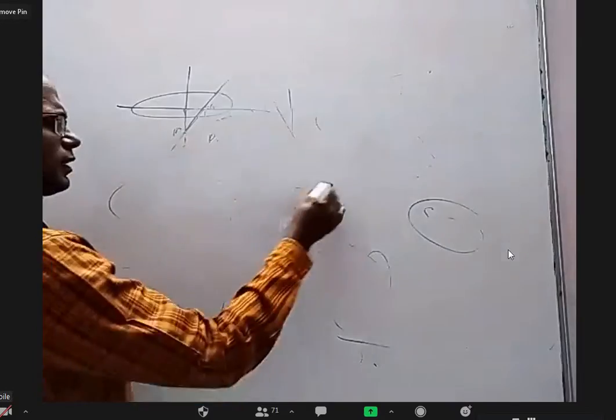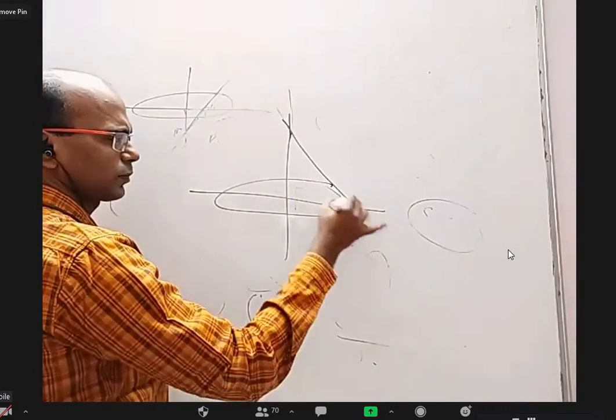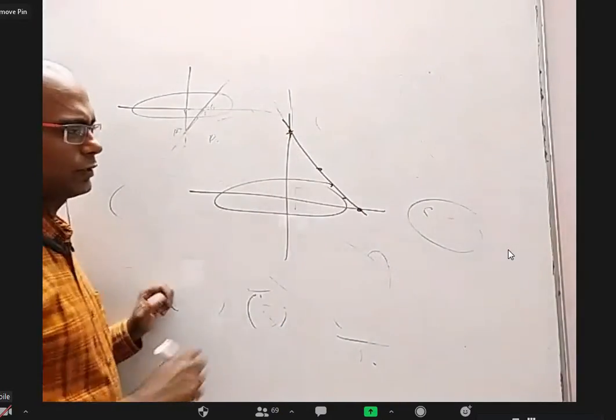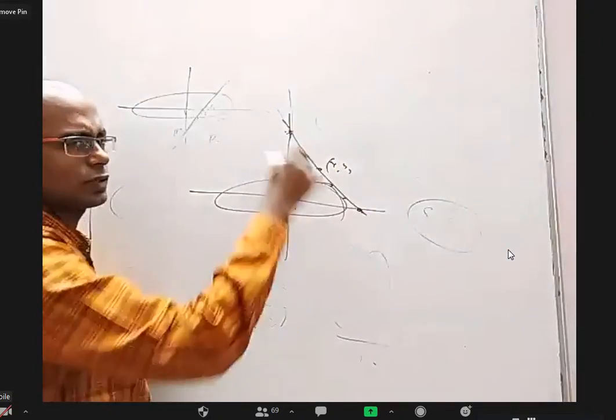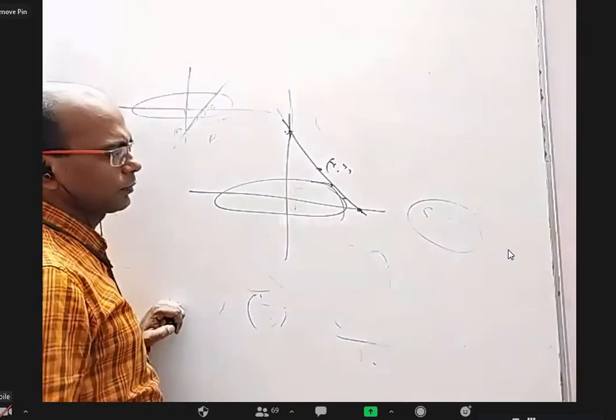For example, there is an ellipse. Draw any tangent to the ellipse. It is meeting the x-axis at A and the y-axis at B. Find the locus of the midpoint. Take the midpoint as x1, y1. Find this point, find this point, find the equation of the line. Apply the condition for tangent. Okay, right?